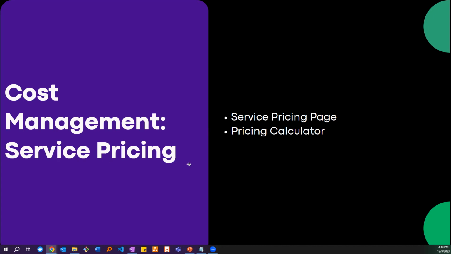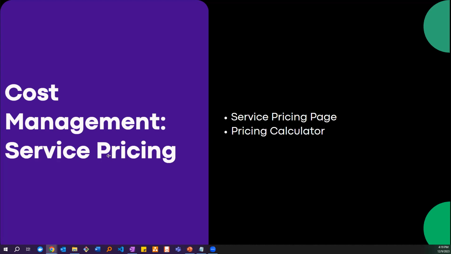So in terms of understanding service pricing, we have two good resources that you can use. And remember, this is before you even start to use that service, before you provision anything. Just understand, first of all, how it will be charged or how it's actually priced.